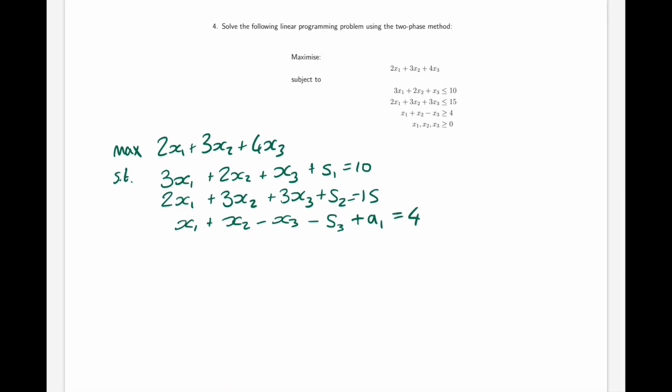So we now want to begin the first phase of the two-phase method, which would be to minimize the sum of all the artificial variables. These artificial variables represent how infeasible we are, and if we can minimize that, ideally to 0, then we become feasible. So we only have one artificial variable, so the sum of all the artificial variables, a1, would be equal to,